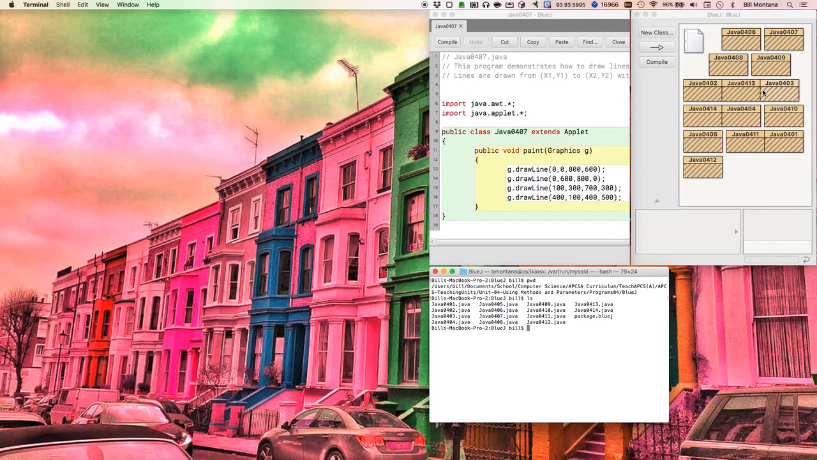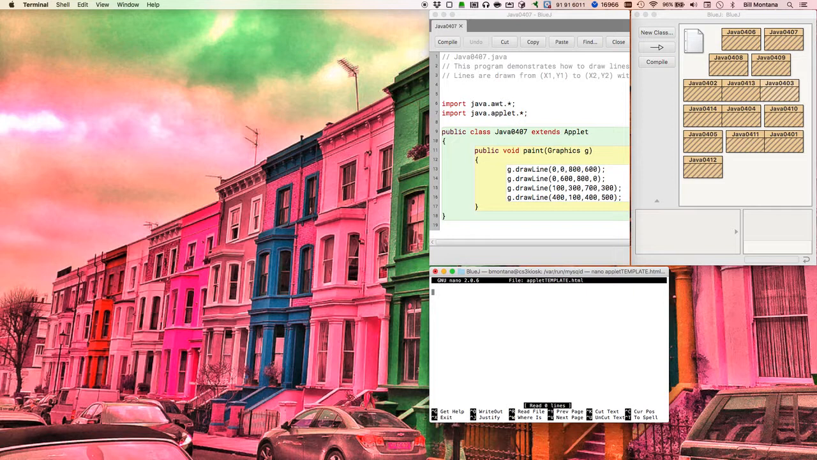is to create a file that I'm going to call applettemplate.html, and we do that by first creating it with touch. And then we edit it using a text editor. I'm going to use Nano. In Nano,